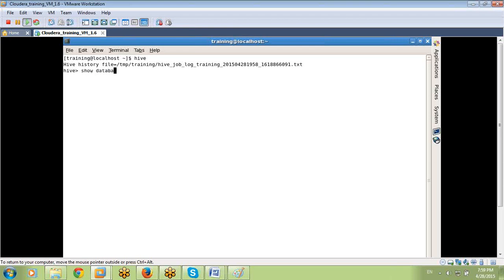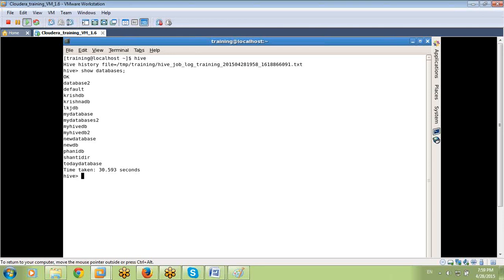Show databases. These are the databases that are available.